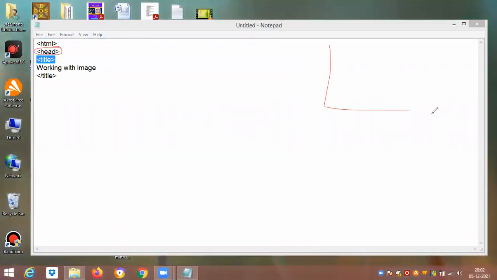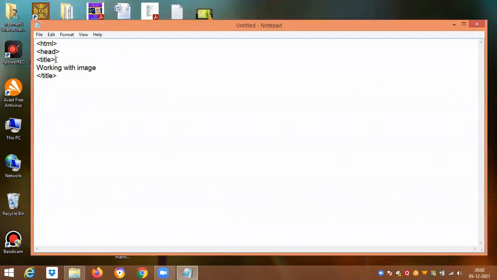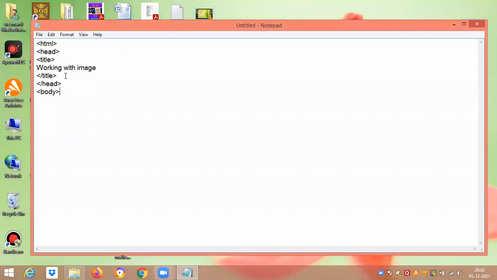In the last video I said that an HTML page is divided into two parts. The upper part is called the head and the lower part is called the body. Inside head you should give the title. Here we have used the head tag and then the title tag. After giving the title, we have to close the title tag, and this is closing. Closing means the tag will begin with a slash sign. Now we have to close the head tag also. Now, everything that you do in HTML should be inside the body tag.